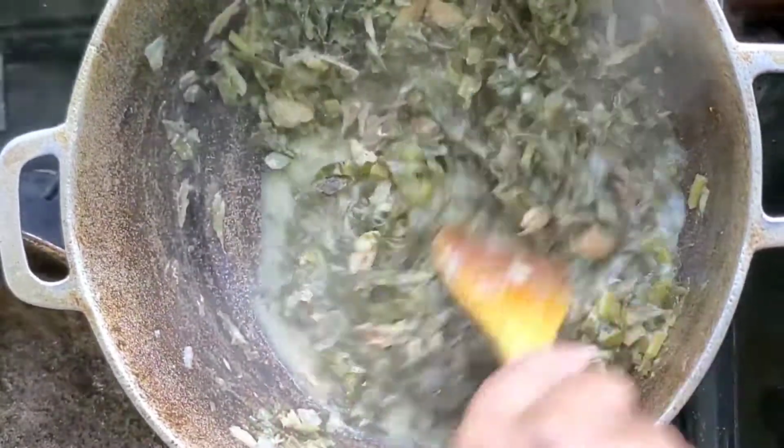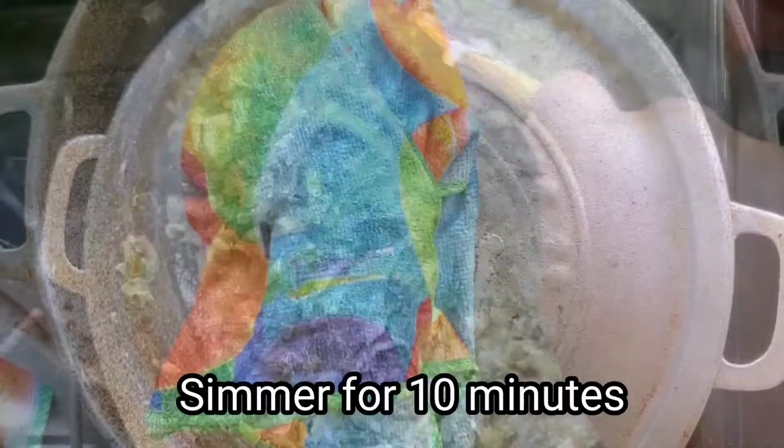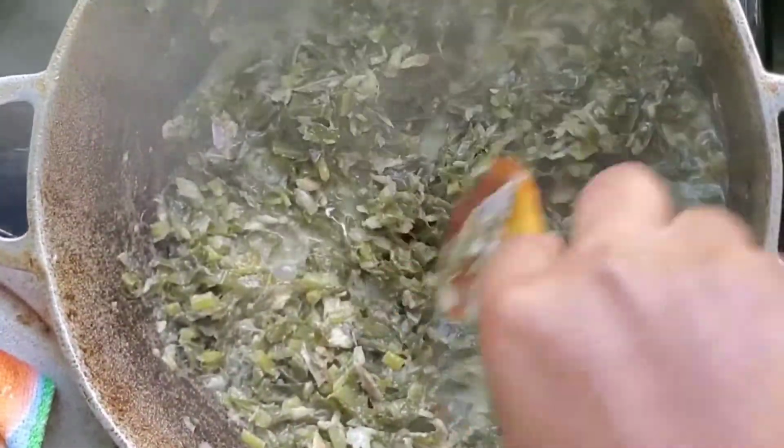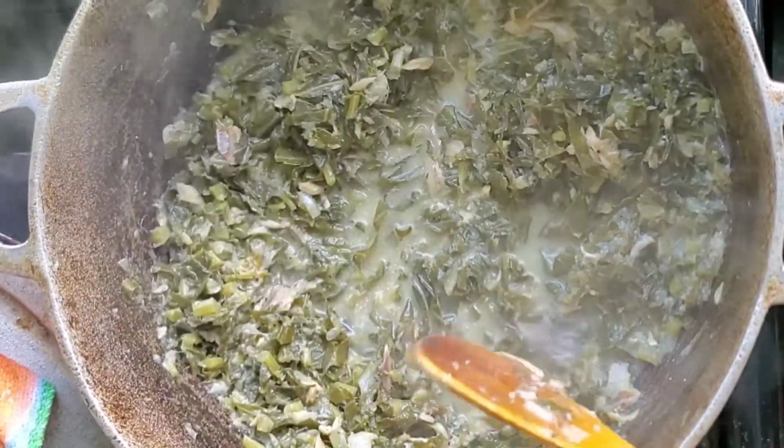All right, and we're just going to mix this around and cover it and let it simmer for just 10 minutes. And guys, we're done now. We're done. We're ready to eat. And this looks so good. And this tastes